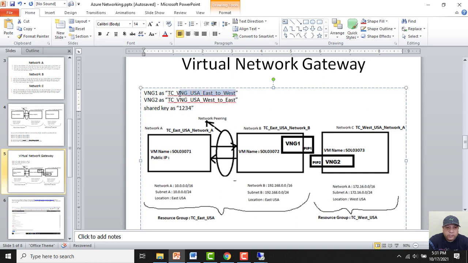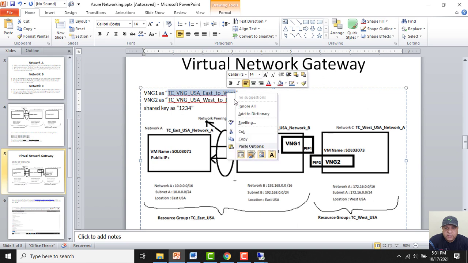I will give it a name VNG TC underscore VNG underscore USA underscore east to west, from here to east to west. Simultaneously, when I configure VNG2, I will give it a name like TC underscore VNG underscore USA from west to east.